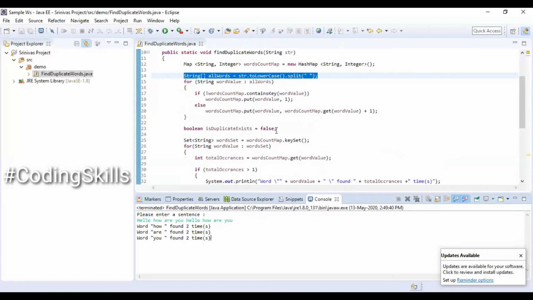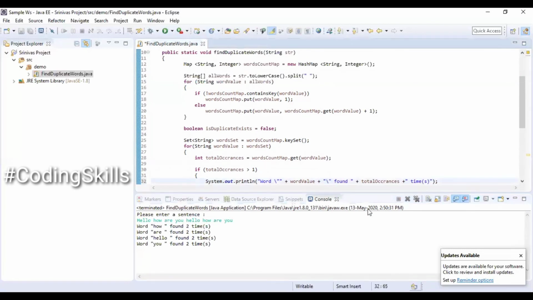So I am copying the same input in order to verify the next iteration. Now we could see that hello is also counted twice along with the other 3 words, both capital Hello and small hello, because we have used a toLowerCase function on the string sentence which we have received.